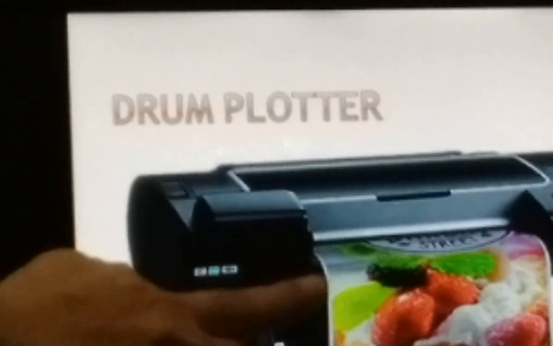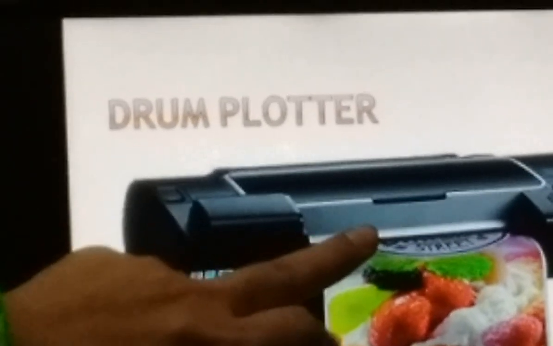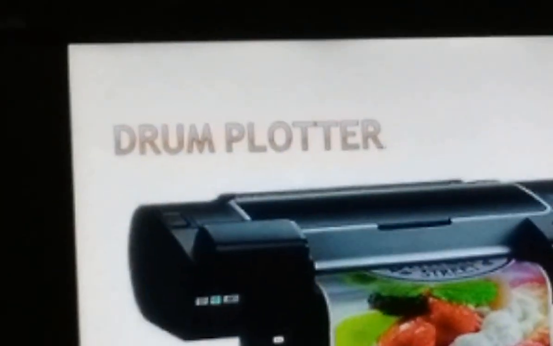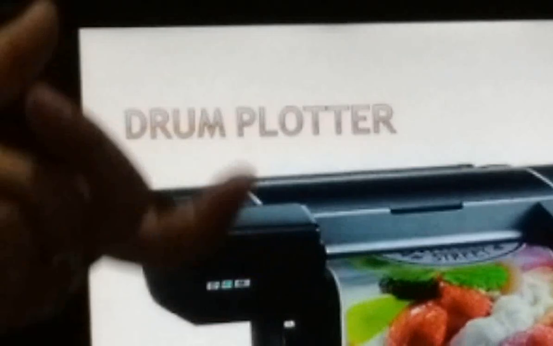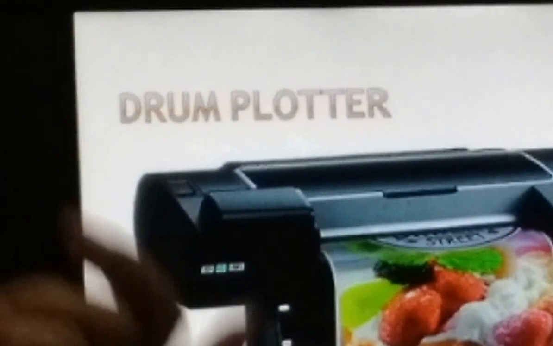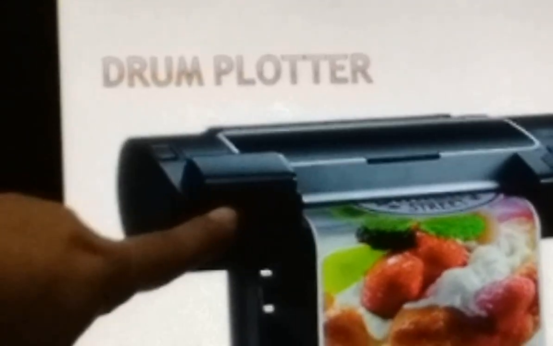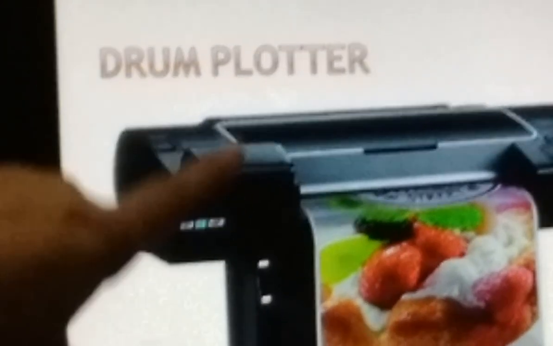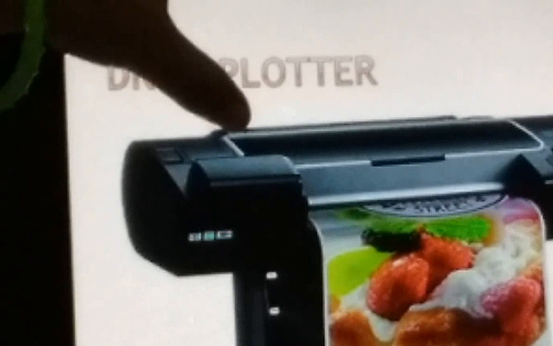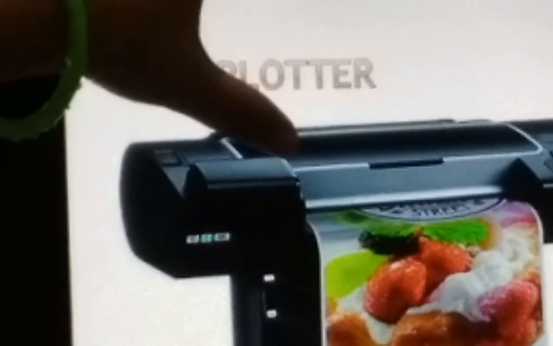When we give instruction to the drum plotter for printing any design, drawing or graphical image, it will make use of the paints. Inside it there are color paints, like we have color paint for drawing.